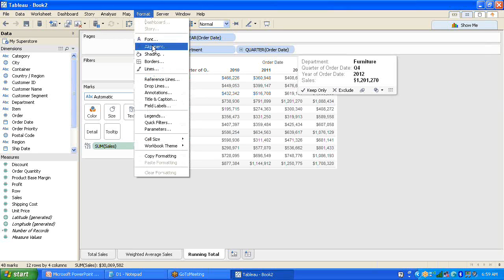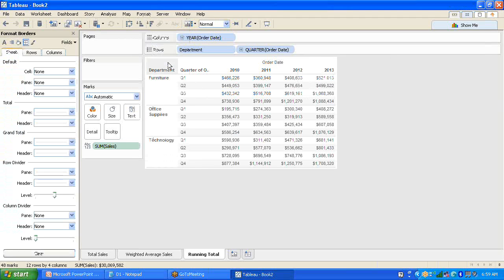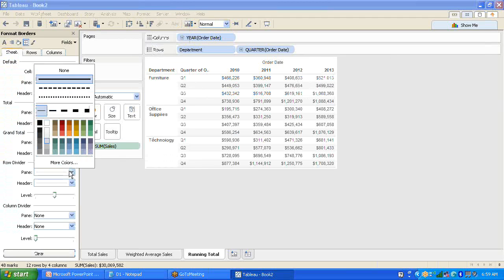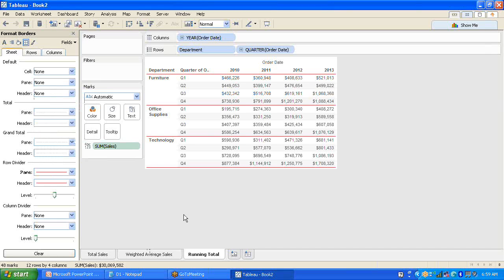so let's go here to format, then you can say border. So row divider, let's say we will give some row divider so you can easily differentiate which row and what quarter you are showing up. Okay,